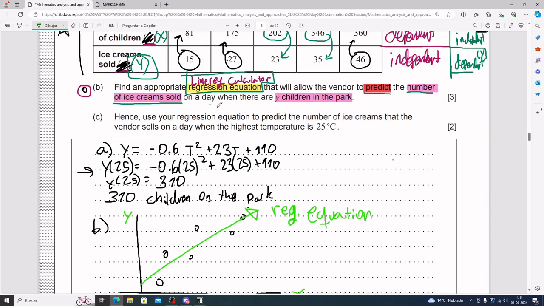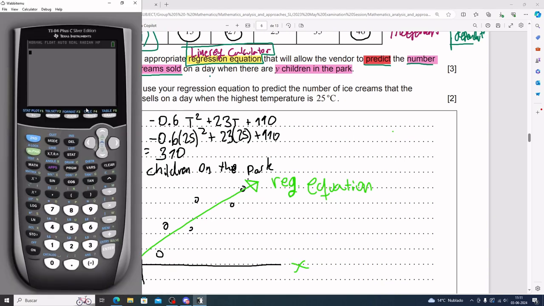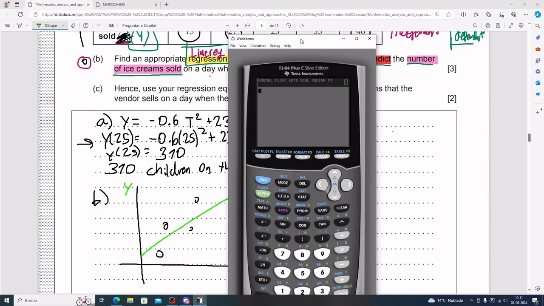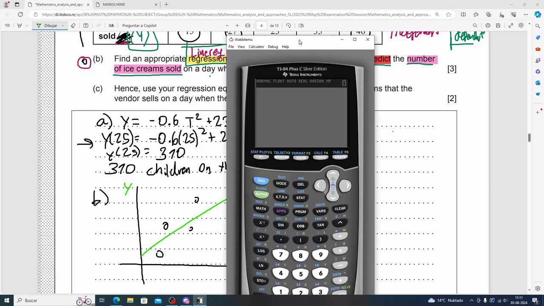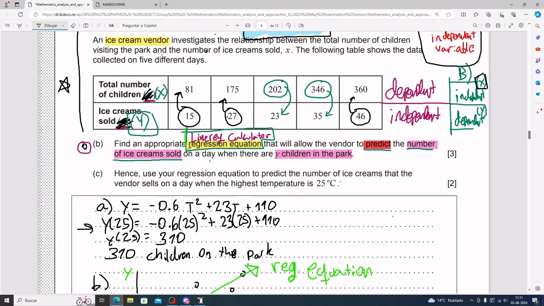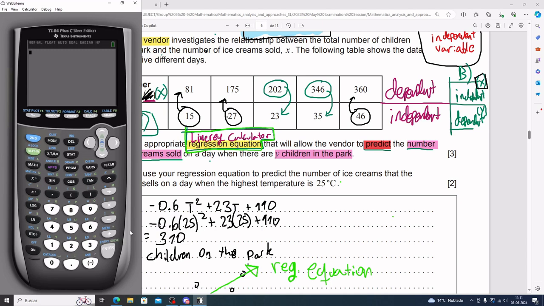And so in this problem, they said regression equation. So we're thinking line reg in our calculator immediately. So you go ahead, open up your calculator. Enough talking. Let's jump into it. Your line reg is going to be in stat. Now what I like to show is that your calculator has a lot to it. So I don't expect you to memorize everything, but I do expect you to know what's in it. And so I do expect you to read and say regression equation. Ah, that's line reg. I know it's somewhere in here. So eventually, after digging a lot, you're gonna find that it's in stat, and then calc, and the fourth one,